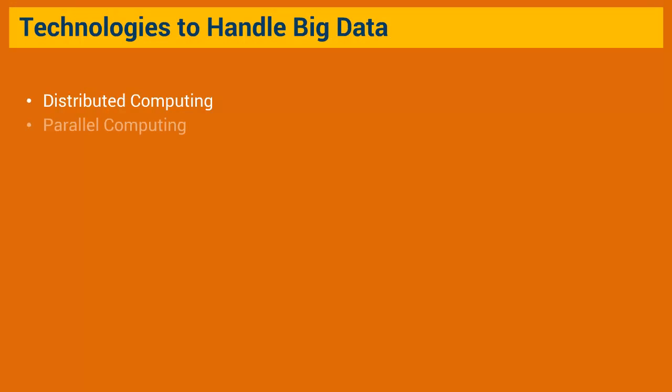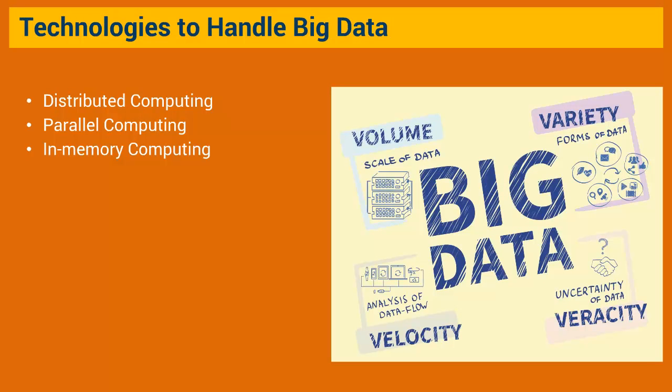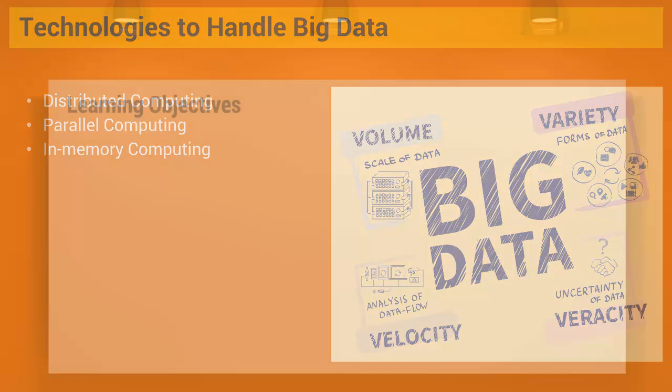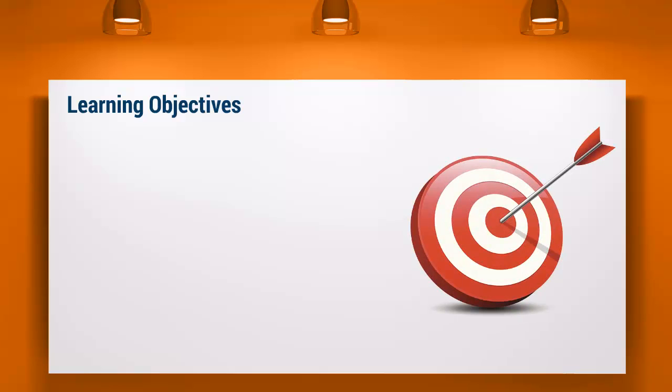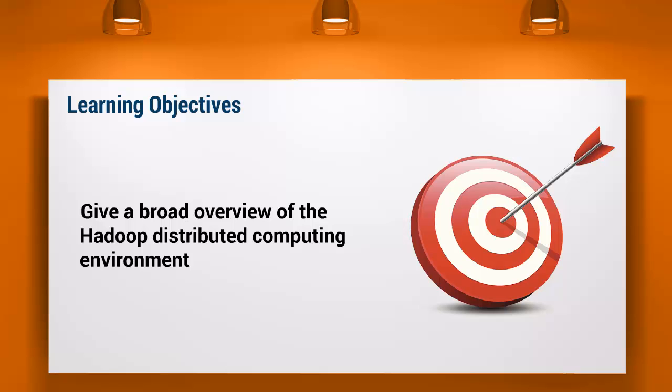Distributed computing, parallel computing, and in-memory computing are a few such big data-related technologies. These technologies are designed to handle the various characteristics of big data: volume, velocity, variety, and veracity. In this video, we will discuss the Hadoop distributed computing environment and how each of its tools caters to the storage and processing aspects of big data. By the end of the video, you should be able to give a broad overview of the Hadoop distributed computing